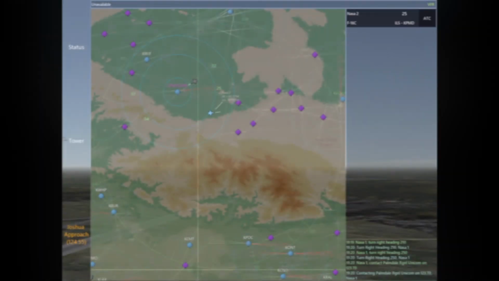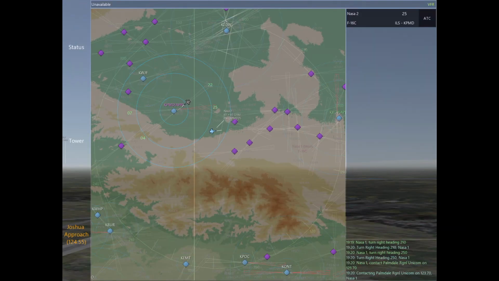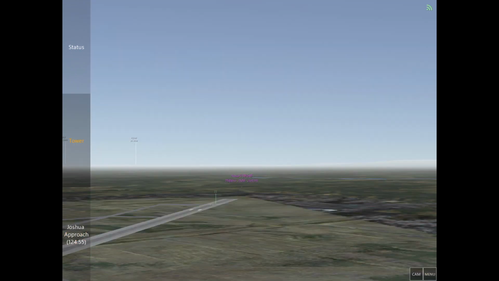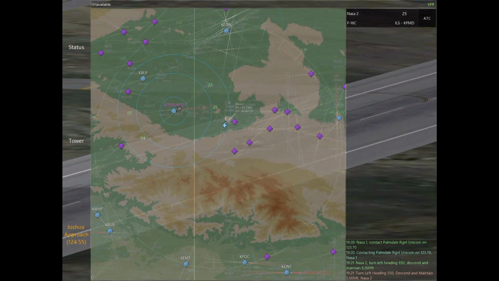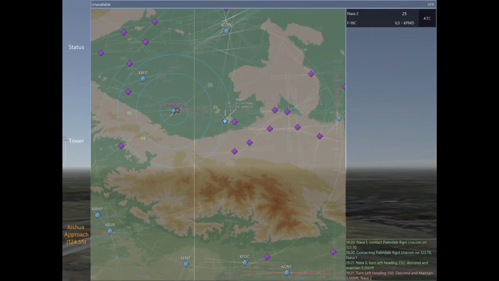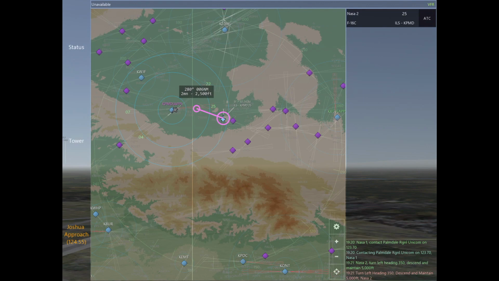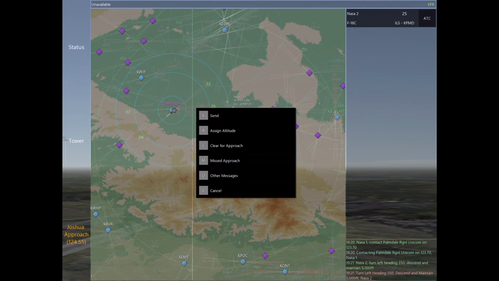On Infinite Flight, even if you have a flight plan, you can still be vectored for the ILS approach or GPS approach. This allows the approach controller to maintain some level of organization, and it's best utilized whenever you have low visibility situations. After finishing a touch and go, NASA 1 is going to come back to us and